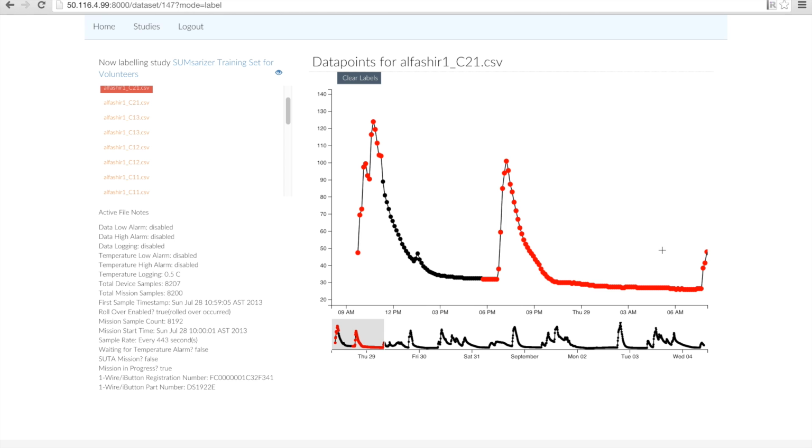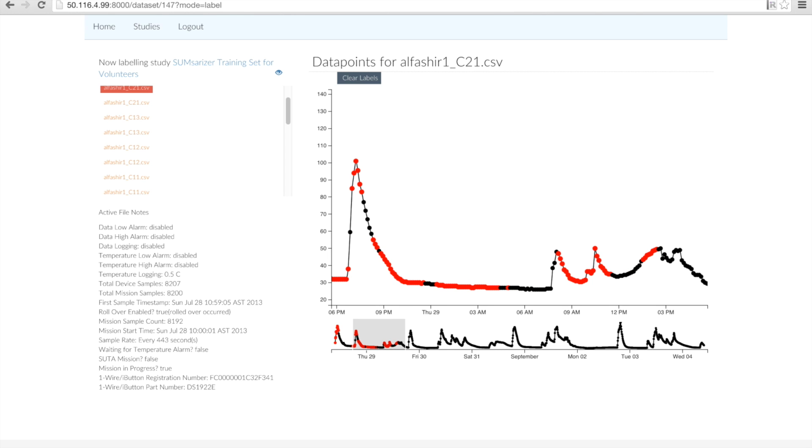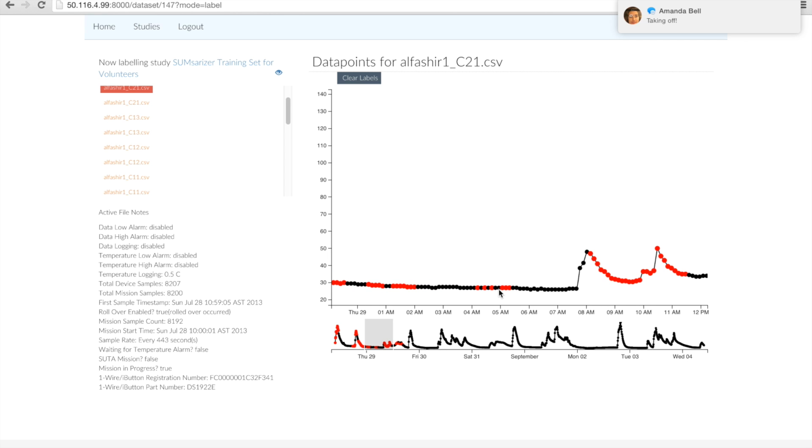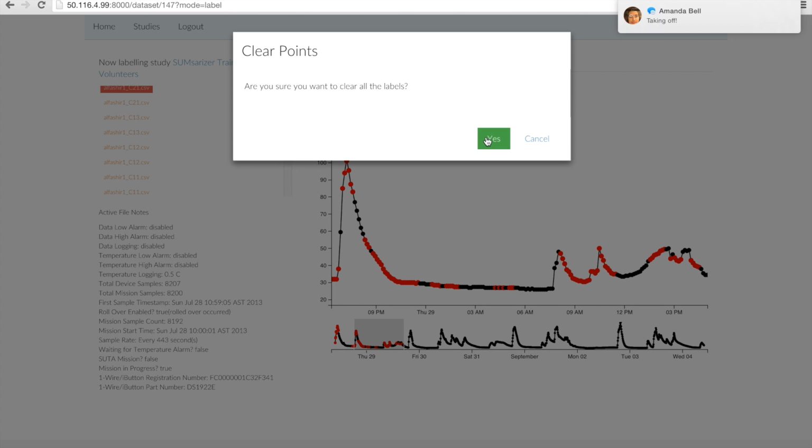Let's say that you just really mess up, your cat walks across your keyboard, or you have a toddler and things are just looking really awful and it's really kind of frustrating to try and deselect the data to get things back the way you wanted it. See here, I'm having some trouble and getting kind of frustrated. You can always click this Clear Labels button, and what that will do